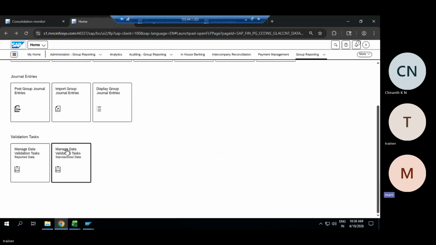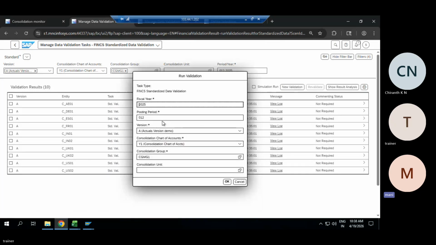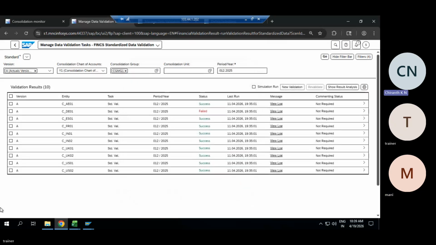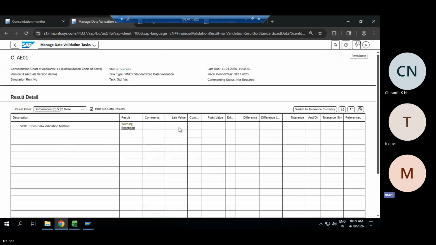I'll try to show an example. Creation of a rule is not a big deal, but again you will have to change things. You can create your own new validations. Will all these new validations be looped into data monitor or consolidation monitor? No, we need to assign them to our consolidation monitor. But we can assign this validation to data monitor as well, right? Few of the rules, yes.